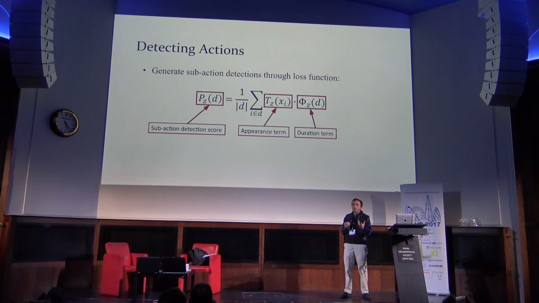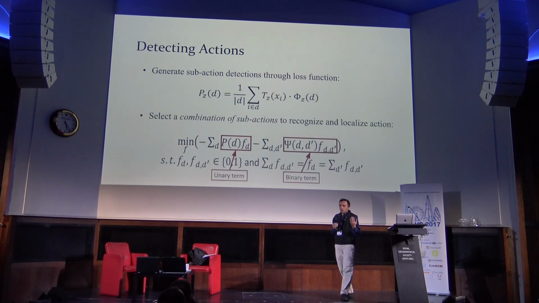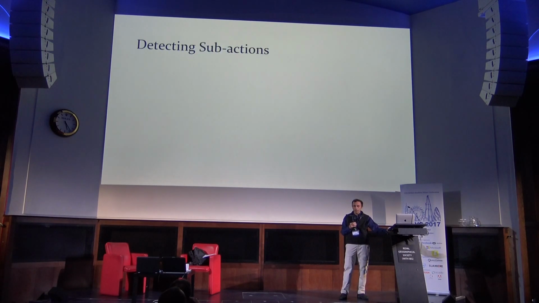So once that's done, that lets you create subaction detections in a fairly straightforward manner. In other words, there's a kind of a score term that says how well does this subaction match in terms of these features, and in this case we're using IDTF features. And then does it match the length of what I expect the subaction to take? And then, of course, your goal is to take a combination of detected subactions to say, is there support for the action as a whole? In other words, do the subactions occur in the right sequence, do they occur in the right spacing, and so on. Again, easier seen through pictures.